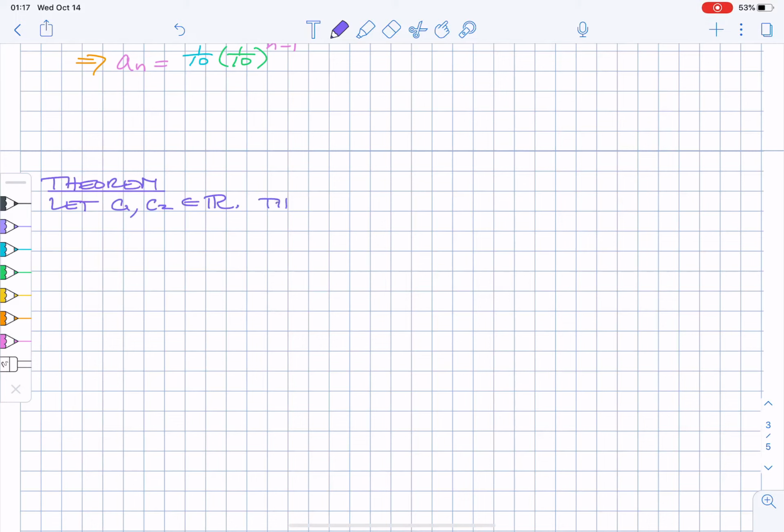Then the roots R1 and R2 of R squared minus C1 times R minus C2 equals 0 can be